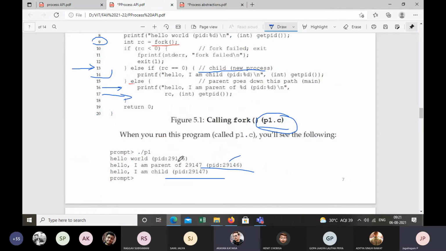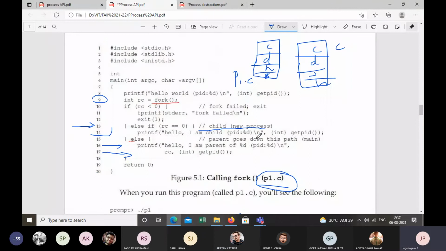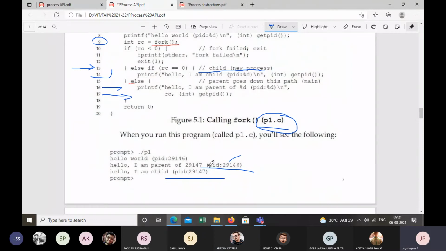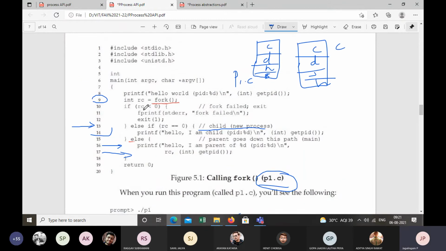Okay. See, both parent and child execute the same code. So it just prints the process identifier. If you look at this code, you have the printf statement in line 8.